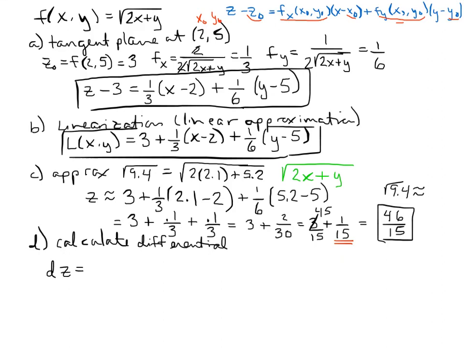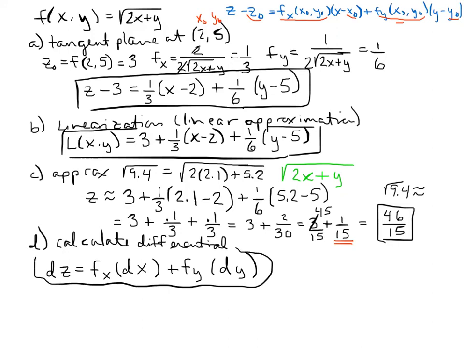Differential can be calculated by finding the partial of f with respect to x and multiplying that by a change in x, plus the partial with respect to y multiplied by a change in y. So here's another formula you should add in there, the formula for the differential. Okay, so now calculating our differential, it's going to be the partial of f with respect